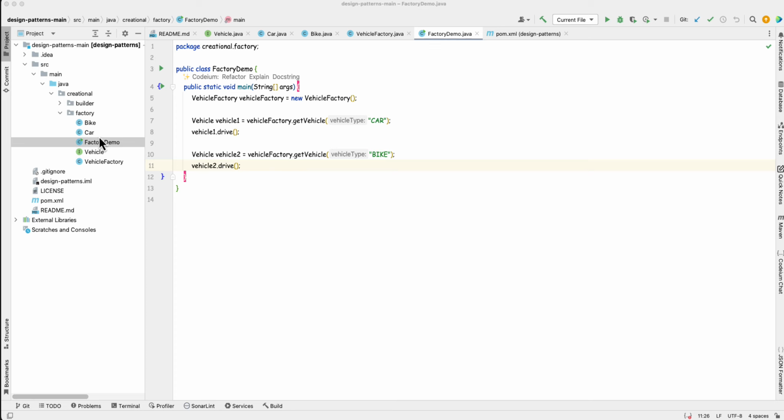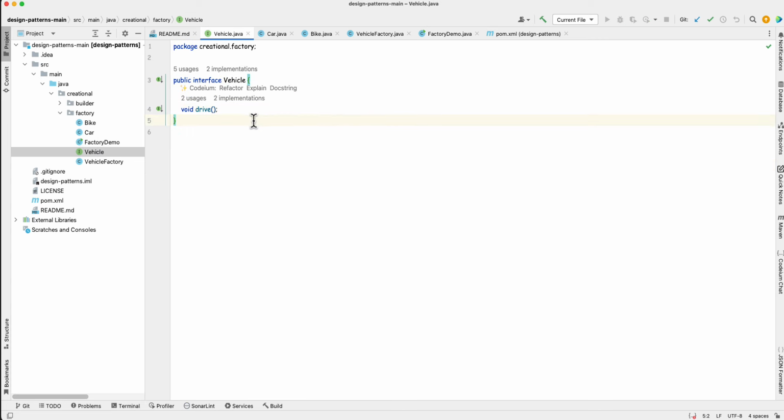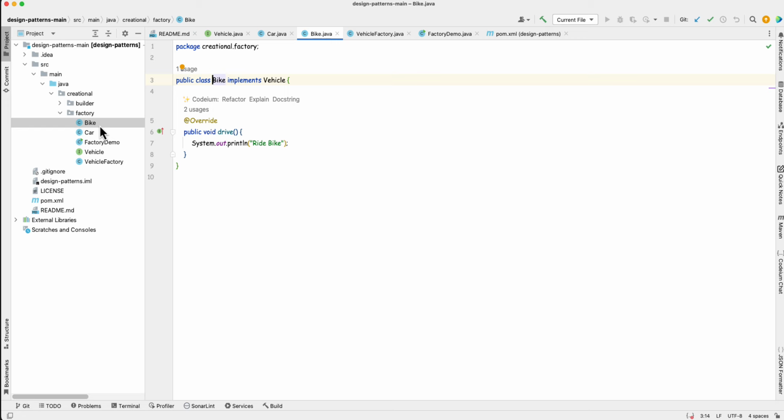So first, let's see what we have done. We made an interface called Vehicle. This interface defines the common behavior for all vehicle types. Then we implemented the concrete classes. Car and Bike are concrete implementations of Vehicle, providing specific behavior for each type.